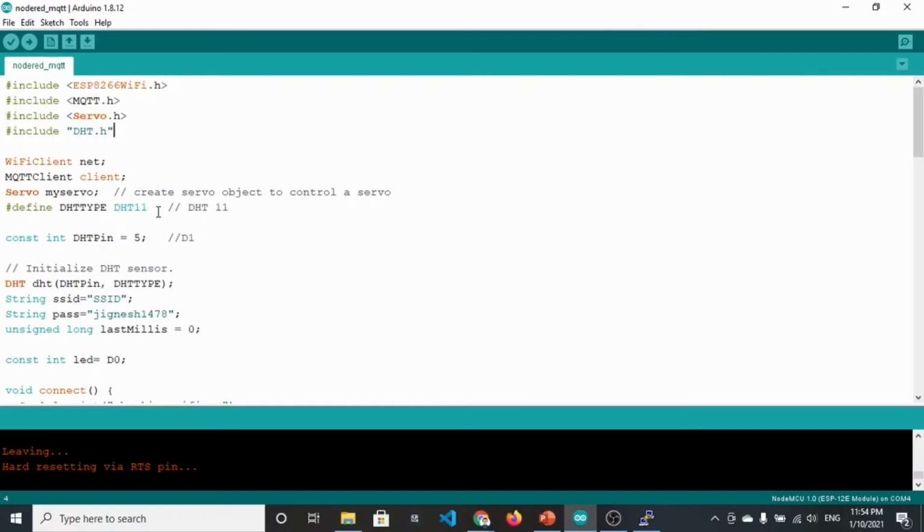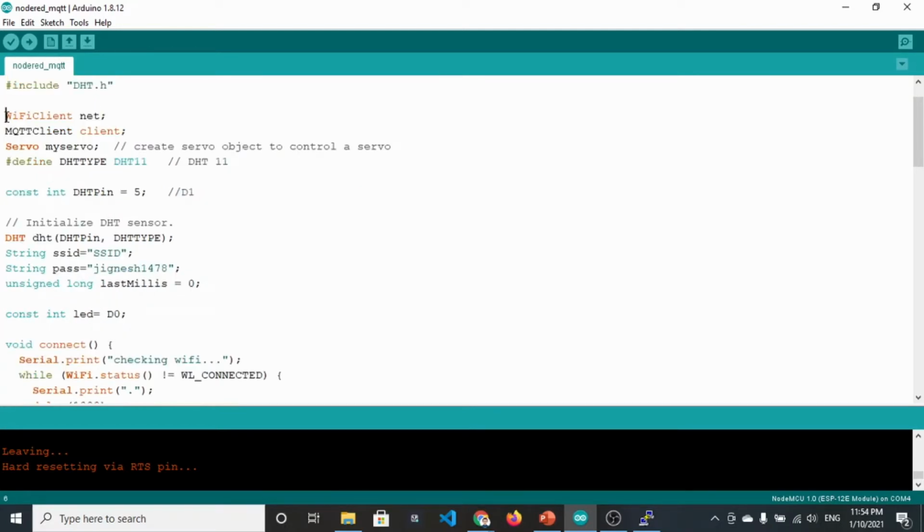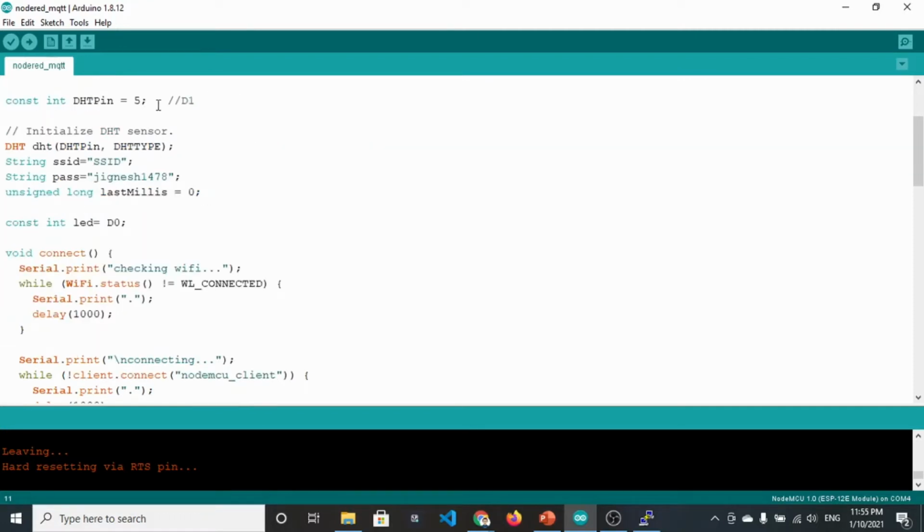Now let's discuss the Arduino sketch. In the first part, we are importing the important libraries, and we have initialized variables, like the DHT11 sensor initialized to pin D1. The SSID and password are the Wi-Fi name and password, which we use later in the setup method.